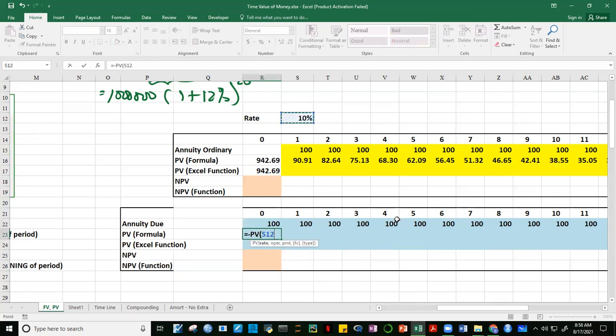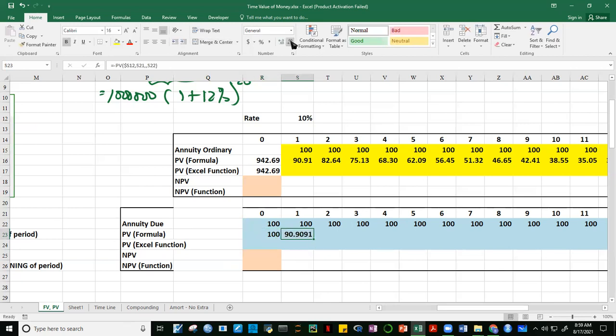Rate is 10% and I'm going to fix the column. N per is this one, 0. PMT, then future value is 100. Ignore the type. Okay, so as expected, dapat 100 yung present value ng 100. Then copy